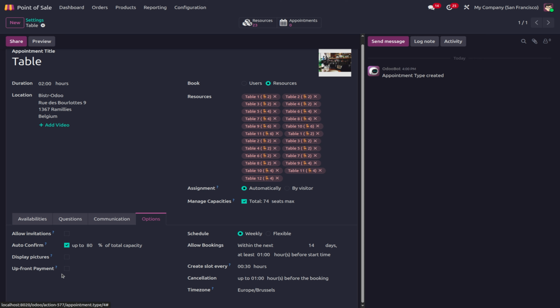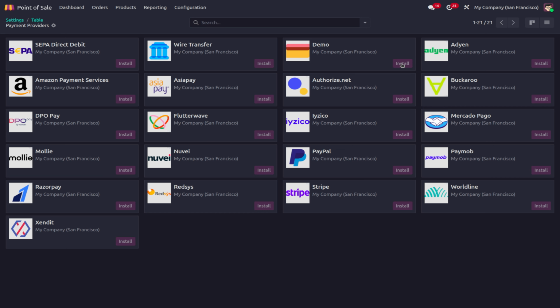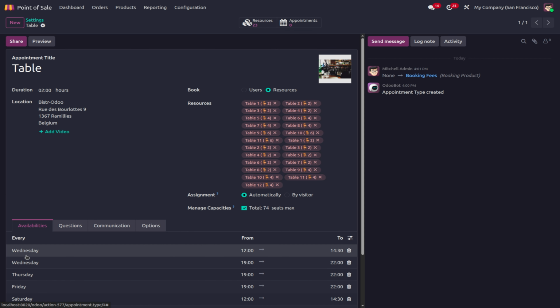Before that, if we want to complete a table booking only after the payment, we just want to enable the upfront payment and booking fee. We can add the booking fee per seat. Further, we can add a payment provider also. Now we have added or installed a demo as the payment provider. Then add the upfront payment and assignment. All we have done. Then we can move back to our